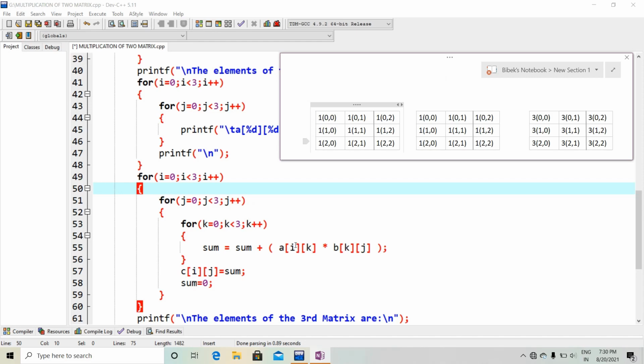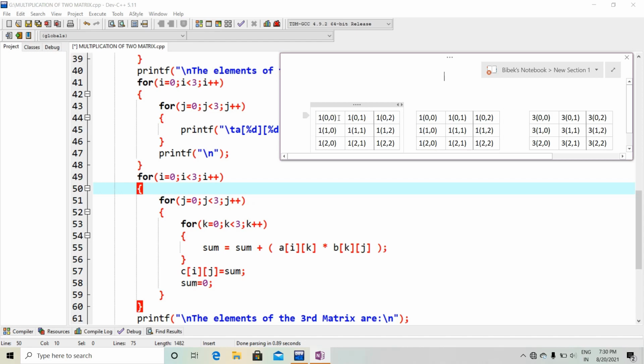So now what we are going to do is a of 0 1 multiplied with b of 1 0. Only k is 1. So this element will be multiplied with b of 1 0, and finally the result will be added with this.